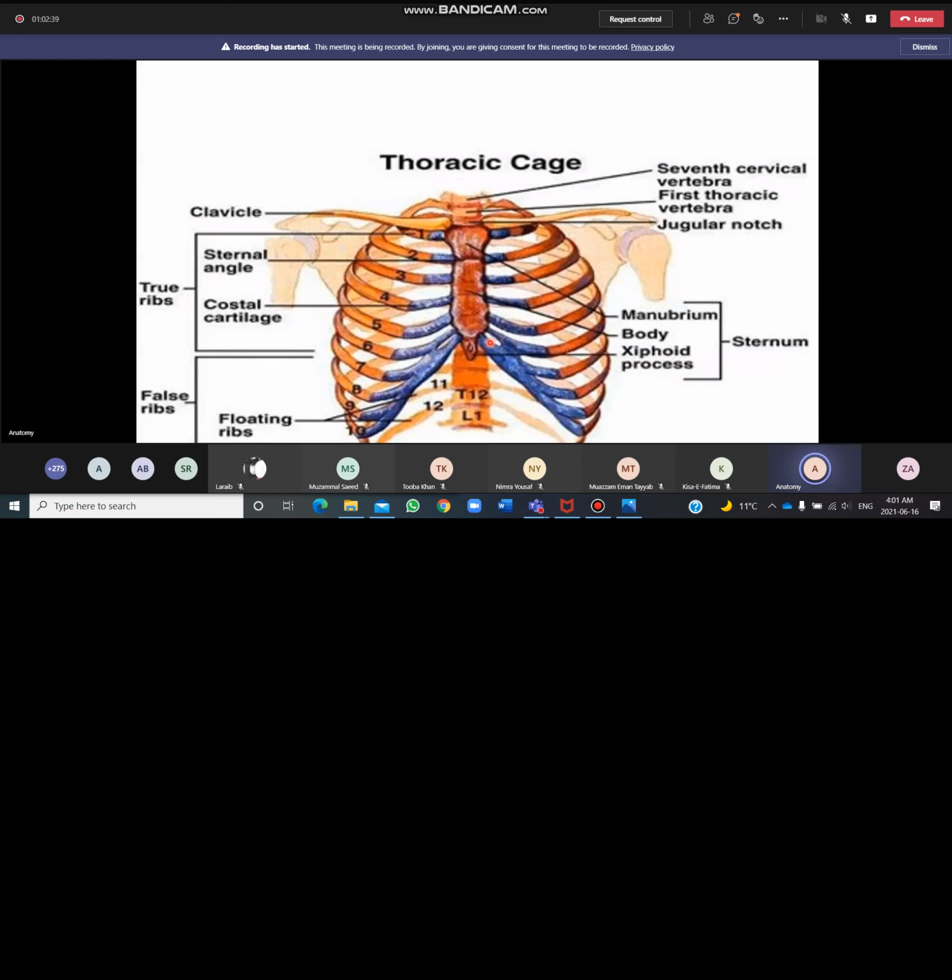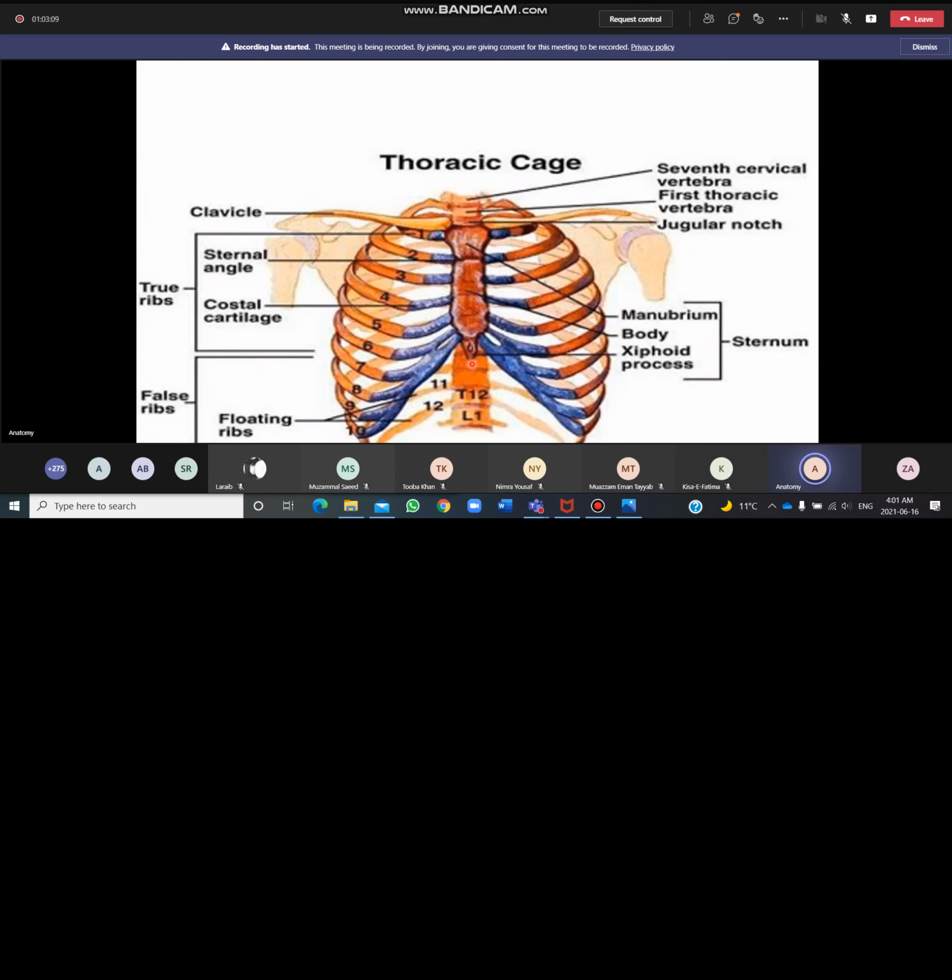This is the inferior aperture of the thorax. It forms its boundary. Here is the inferior aperture, and here is the superior aperture. So this xiphoid process is lying at the boundary of the inferior aperture of the thorax, and below this aperture the abdomen lies. So it gives attachment to the muscles of the abdomen. So this xiphoid process is an elongated and variable portion.